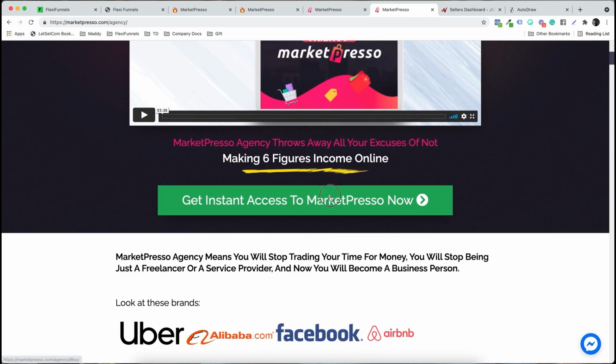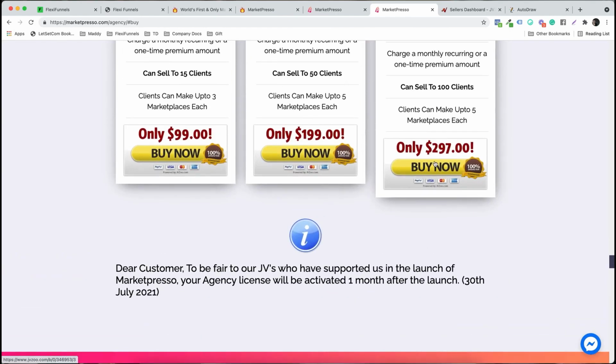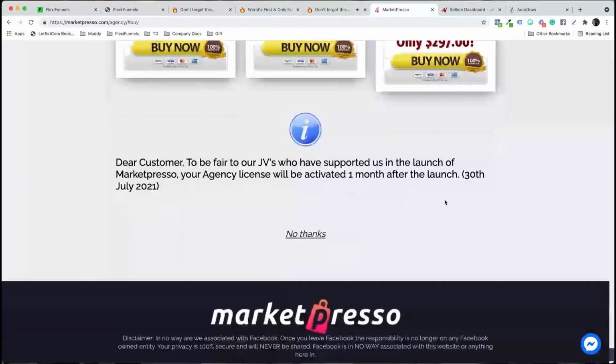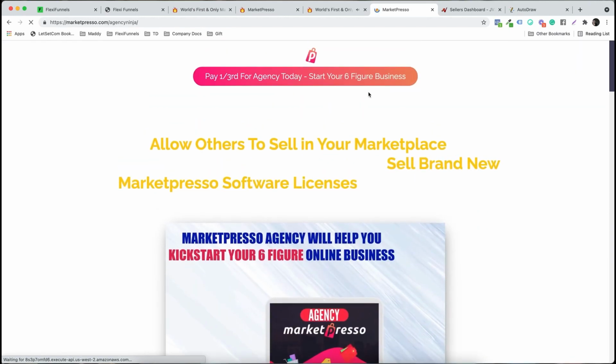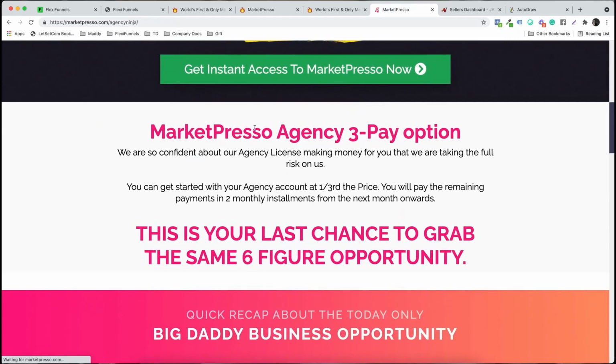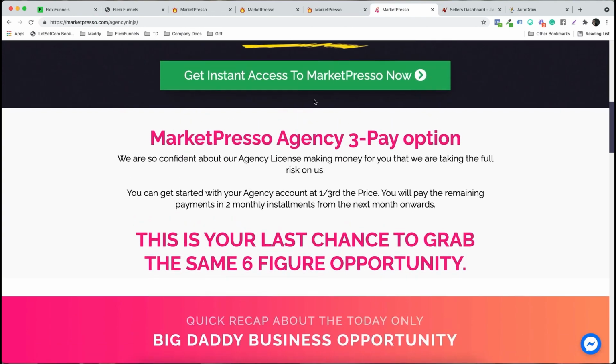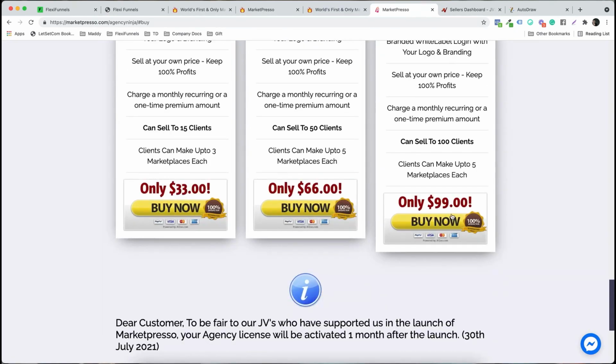Similarly, we have this OTO3, which is the agency license. Let's suppose 297. Let's suppose somebody is not able to afford this. So in that case, what we do is we give them the no thanks option, that hey, I don't want this. But then we offer the same thing, but as a three-part payment option. So basically people can get the same offer, but since they did not have that money, let's suppose $297, they can pay us this amount in 3 months, 99, 99, 99. So first of all, I want to show you the impact that when you